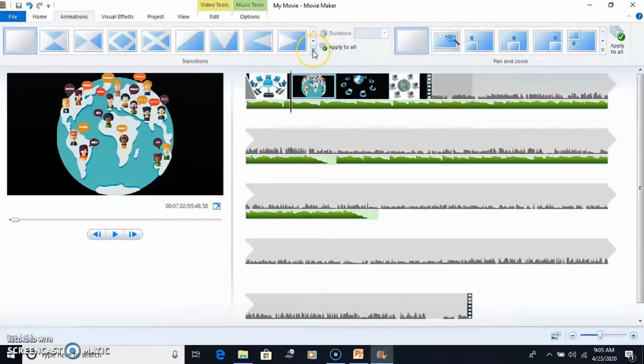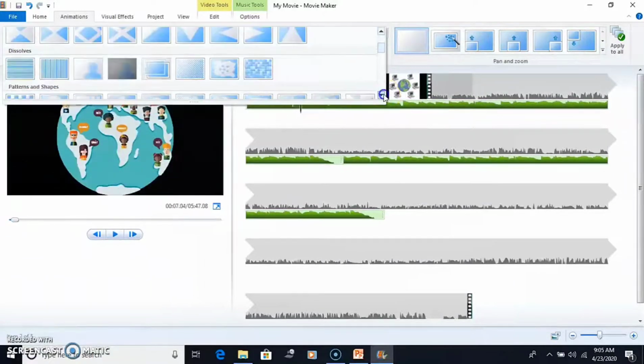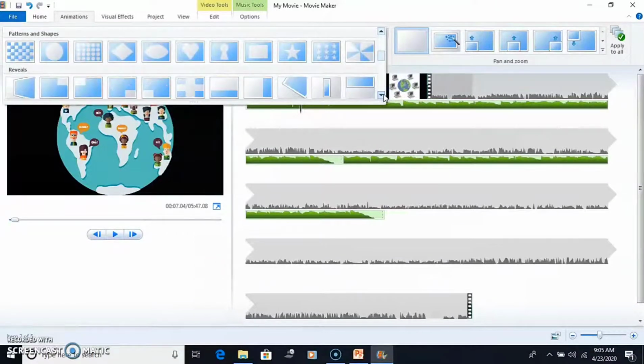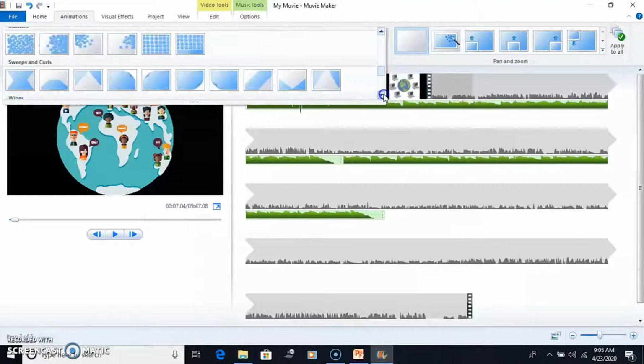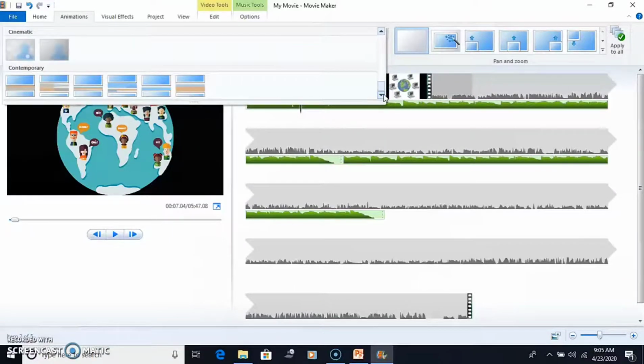Now here, clicking on the More drop down arrow at the bottom right of the list, the list expands into various categories like diagonals, dissolves, patterns and shapes, reveals, shatters, sweeps and curls, cinematic and contemporary. So these are some categories of transitions.